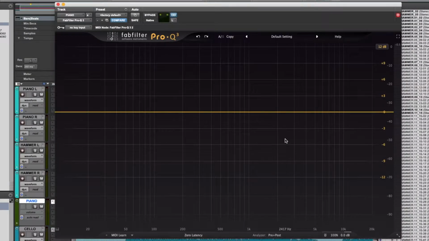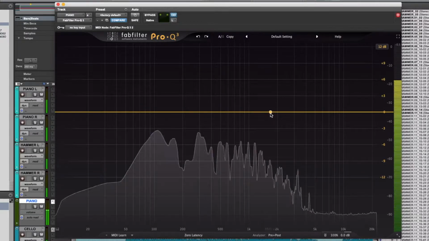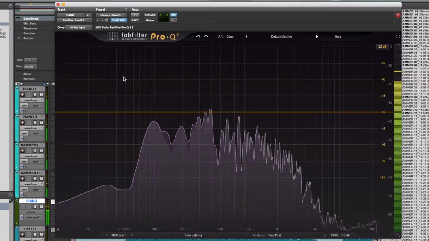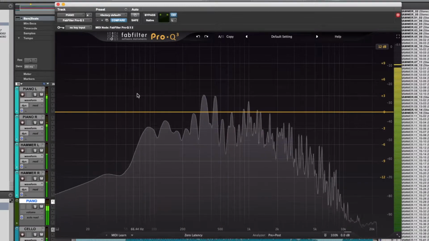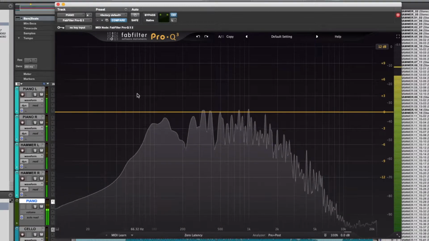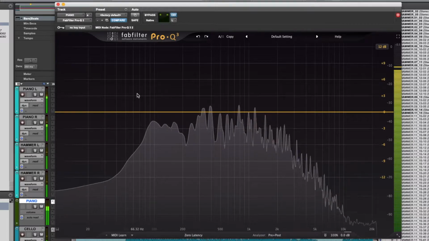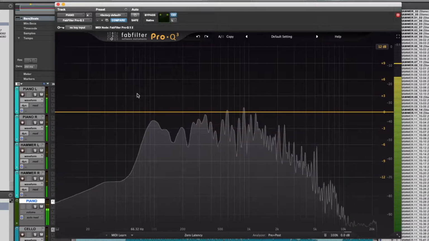Let's start with design, and FabFilter is no stranger to great design. As you can see, the interface is really clean, really easy to look at and grasp, even though it's clear that there are a ton of powerful features under the hood. As you would expect from a FabFilter EQ plugin, you've got the frequency analyzer in the background here, which makes it easy to look at the different frequencies for your track and spot problem frequencies that might be causing issues in your track.